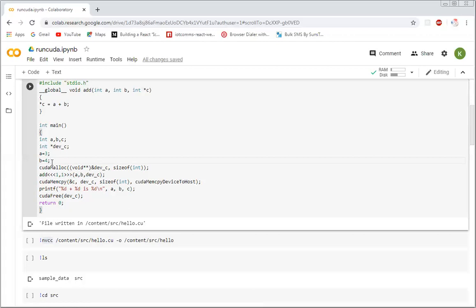If you execute the same thing without GPU, just the addition of these two numbers on the CPU, it will be faster than this setting. So we have to be careful while writing programs about what we actually need. If we actually need the GPU, then we are going to use it, maybe for addition of a vector.